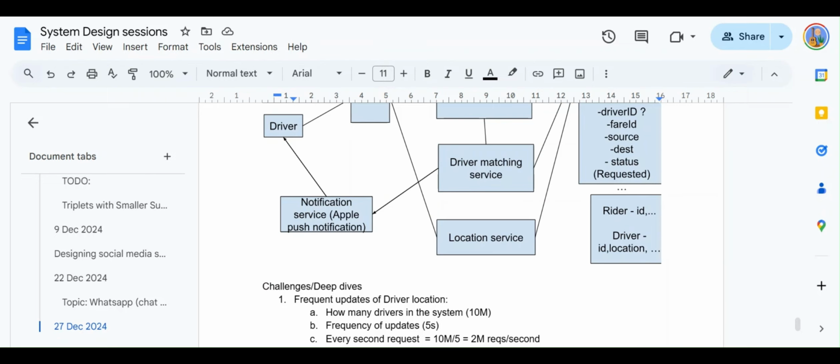There can be some inconsistencies where two different instances are trying to lock the same driver object, but inside their own individual memories. Instance one is trying to store this driver ID and its state in its memory, and instance two is also trying to do the same thing.